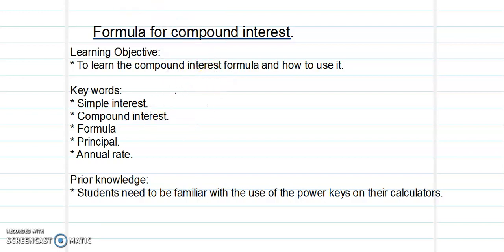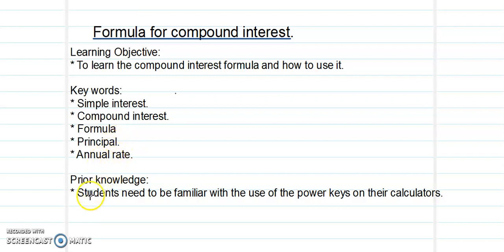Okay, for today's lesson, we discuss the formula for compound interest. In our last lesson, we discussed compound interest and simple interest, how to calculate them and the difference between them. Here the learning objective is to learn the compound interest formula and how to use it. And our keywords are simple interest, compound interest formula, principal, which is the initial investment, and the